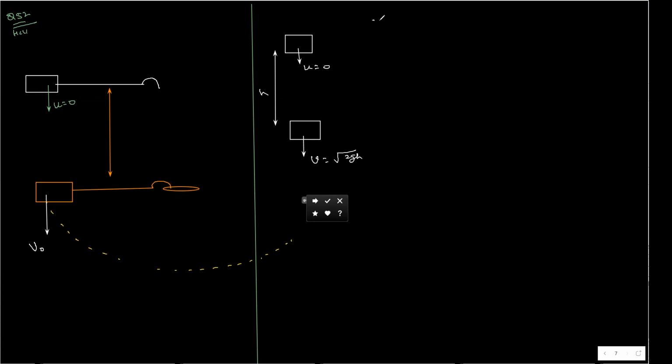So you can write that v square is equal to u square plus 2 into a into the displacement. If you choose your positive y axis like this, this is your positive y axis. So a_y is plus g, and the initial y coordinate, this is your origin, so this is 0 comma 0, and this is 0 comma h. So just put v square equal to u square plus 2g into h minus 0. So basically you will get v is equal to root 2gh. So this is your first part.